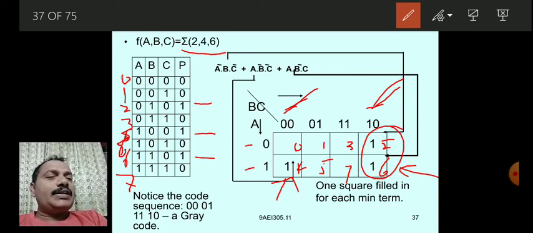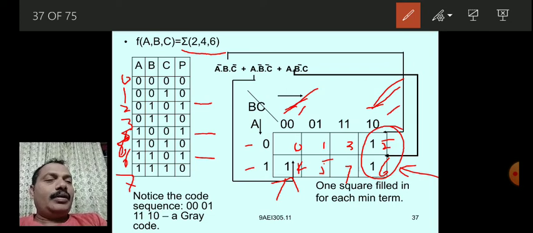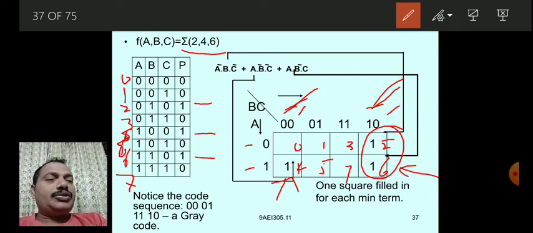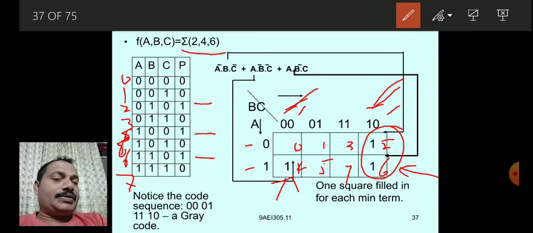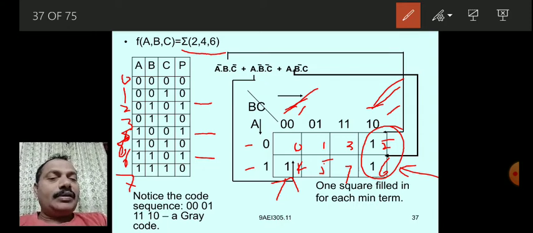Only a single bit: B changes from 0 to 1, but C does not change, its value is 0 in both. Whenever only a single bit changes, the cells are adjacent.